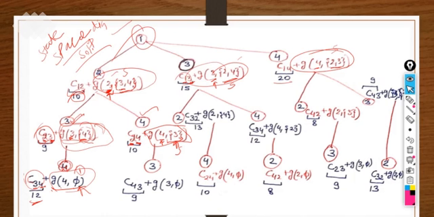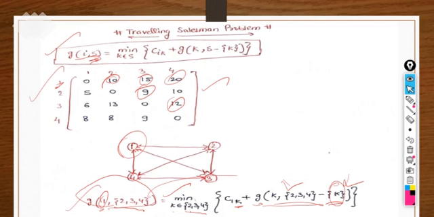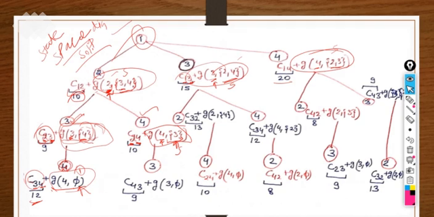Null means you have to come back to the starting point itself, because that was our theme, to traverse, right? So what is g of 4 1? 4 1 is the value 8, right? So what is the value of g4 null here? 8. And what is c34? We have already found it: 12. 12 plus 8 is 20. So its value is 20. 9 we have already calculated. 9 plus 20 is 29, right?